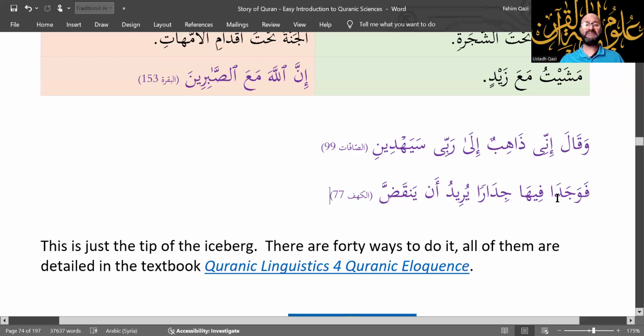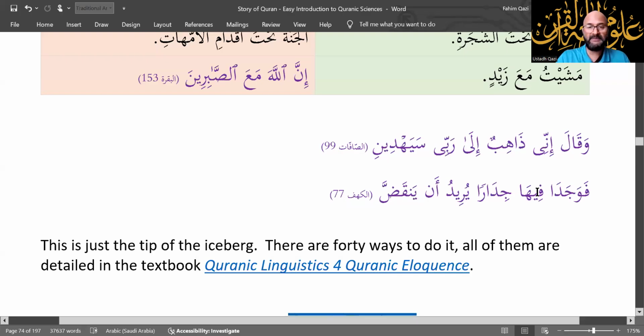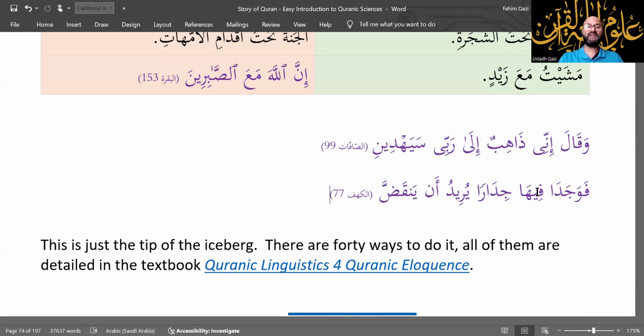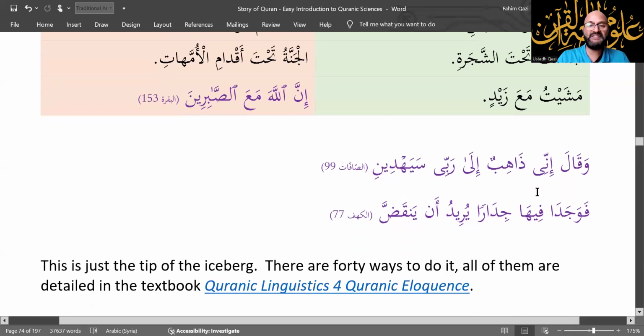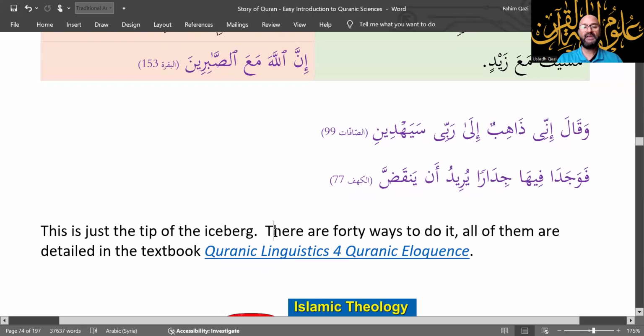And in the Easy Quranic Arabic series, you will see sprinkling of haqiqah and sprinkling of majaz in some of the lessons. Inshallah, you'll see. For those of you who've already studied, you know what I'm talking about because these examples were taken straight from book 2 of the Easy Quranic Arabic series. This is just the tip. Oh, I forgot to talk about it.